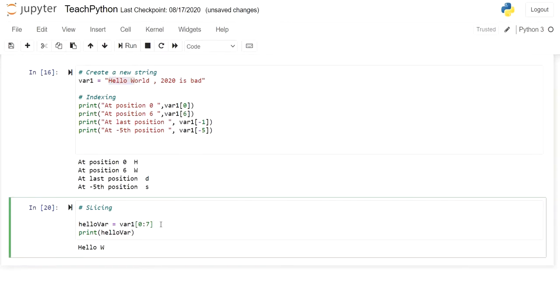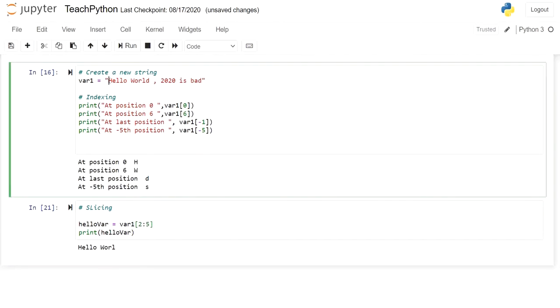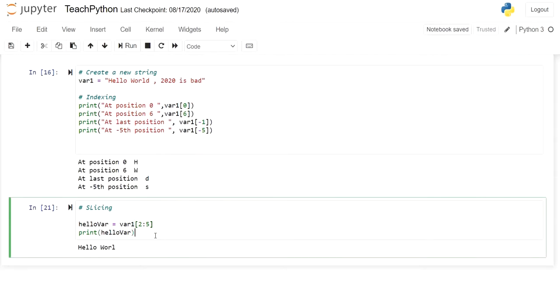Got it? Now let's change the slicing a bit more, like 10. Like this you can slice any number of characters. Now, second thing, you don't need to start from 0 only. You can start with any index, for example 2. So what should be the output? I say 2 to 5. 0, 1, 2 means L, 3, 4, 5. So LLO should be the new output.